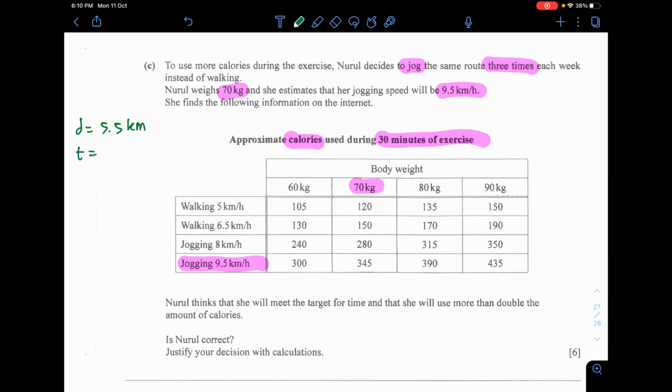So to speak, the time is 5.5 divided by 9.5 multiplied by 3 hours. Alrighty, that will be 1.736 hours. Okay, but we need the minutes again lah, I guess. So times by 60 minutes, you'll get the amount of minutes as 104.21 minutes jogging. Okay, now